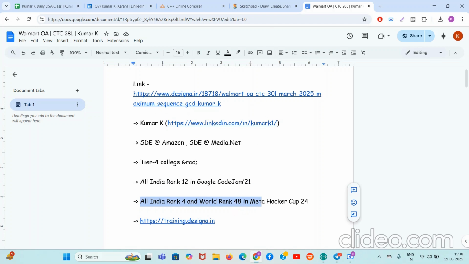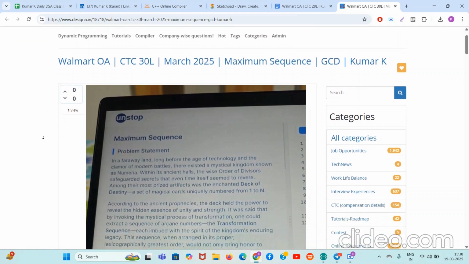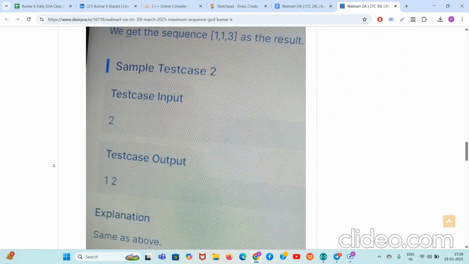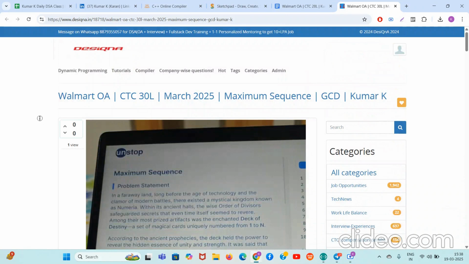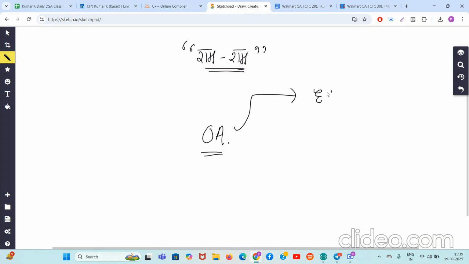Now, guys, if you click at the first link, the link to the problem will open up. Okay. So always remember, the online assessment questions look like this. Can you see so many paragraphs are there, right? It is a 5-page question. So always remember that whenever you are trying to crack an online assessment of a top tech company off campus or on campus, your English comprehension skills should be very, very good.